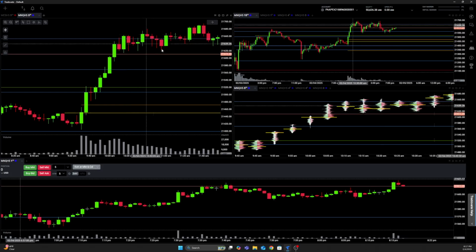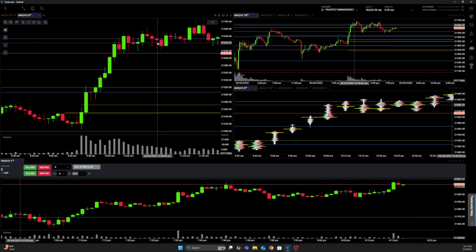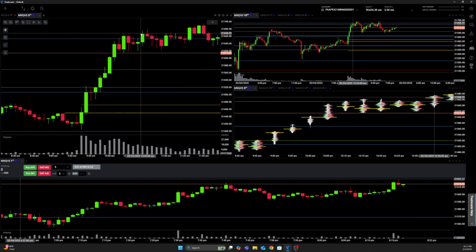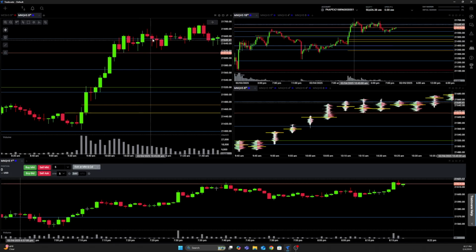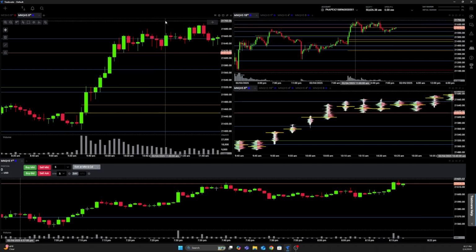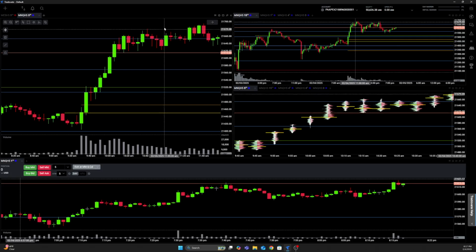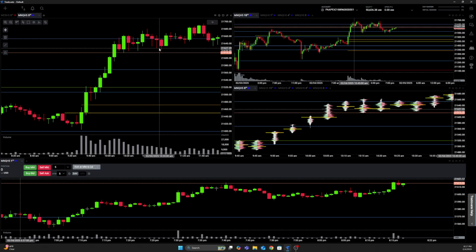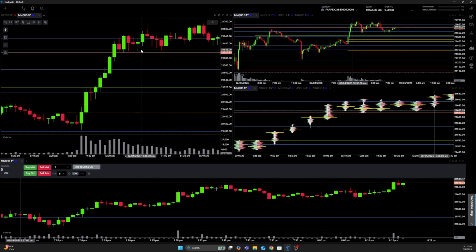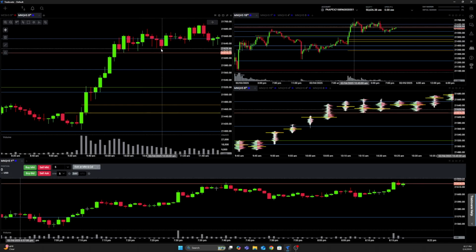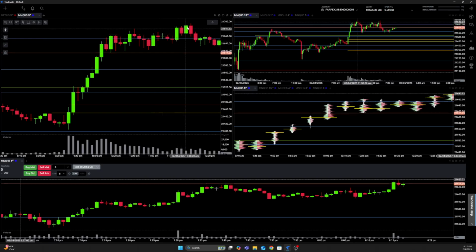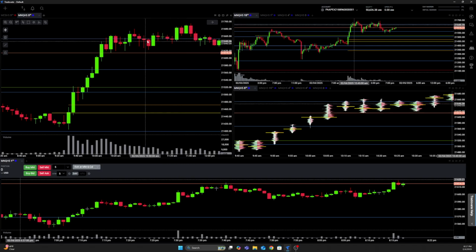Moving on, the next trade that I took was a long in here. Reason being that we set a new high, and then we came down and we tested this level and held it with a bit of a hammer. So I looked to get long here, targeting swing high and then higher, or high of day and then a break higher. Stop loss was just down here below these wicks, and I was stopped out by this candle here. So this candle stopped me out, and then price actually moved up and would have hit what would have been my target. So this was a little bit of a tough trade,